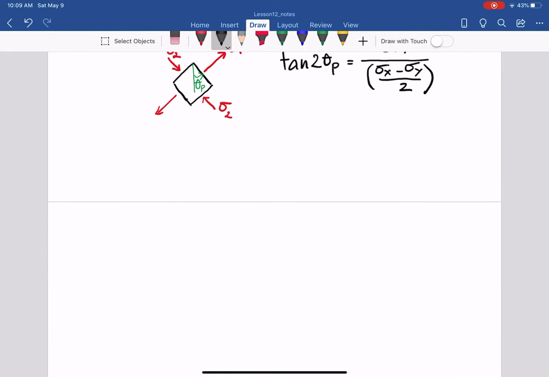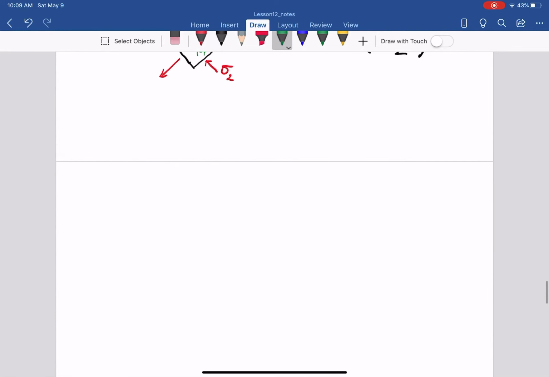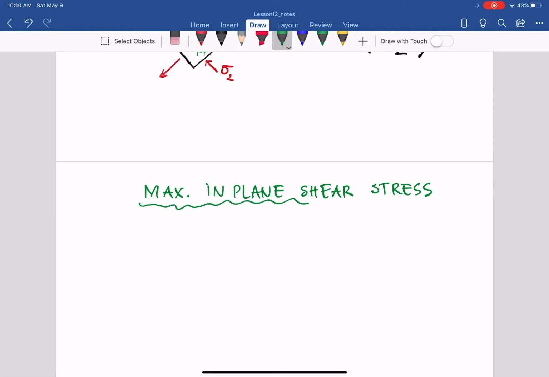So that is the next summary that we want to write down: the maximum in plane shear stress. Why in plane? Because the shear is always on the plane that we cut, tangent to the plane. In plane shear stress, and for that we have tau max